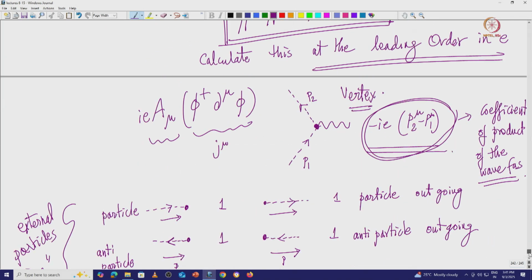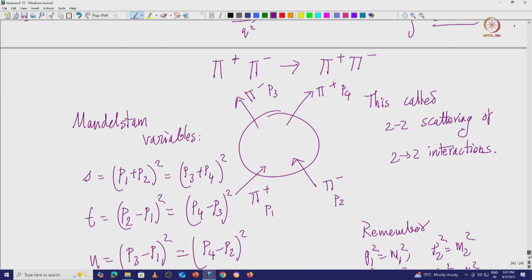So what we have seen right now is that for a given 2 to 2 process, you can use these Feynman rules, and to use them you have to consider all possible exchanges. This is true independent of whatever technology you are using, Feynman rules or the Green's functions method, they are all equivalent. There is something called the Dyson equation which tells you both are equivalent essentially, okay.